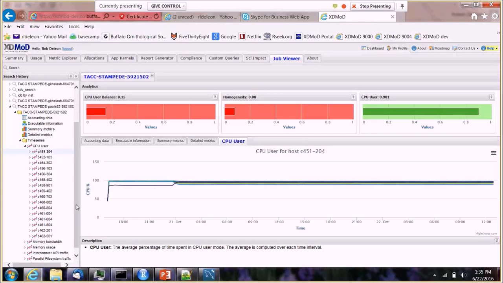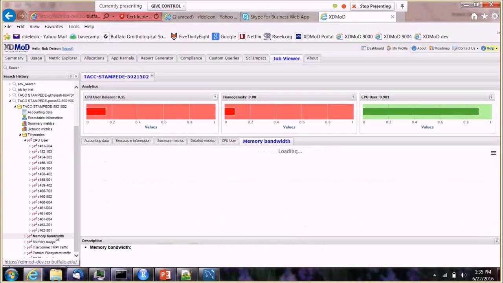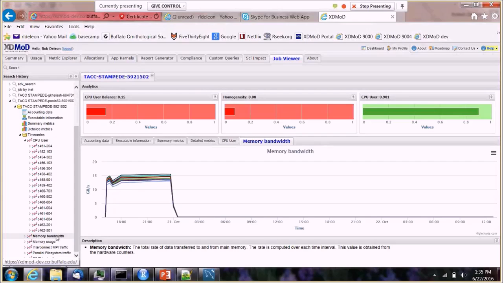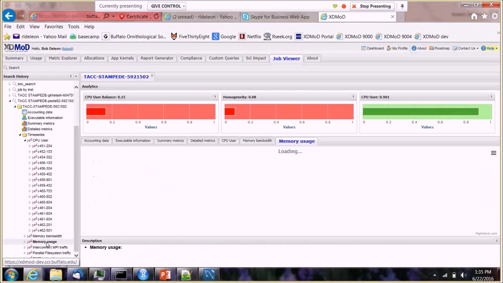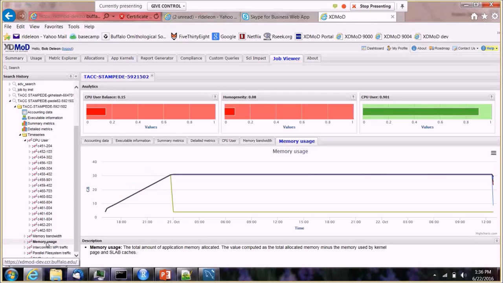Okay, so let's look at what's going on in the memory in this case. The memory bandwidth here at this point suddenly drops down to 0. And the most telling thing here, if you look at the memory usage, what happened was it looks like the job was running and it was using more memory, and then it hit the stops here, and the node that sort of ran out of memory